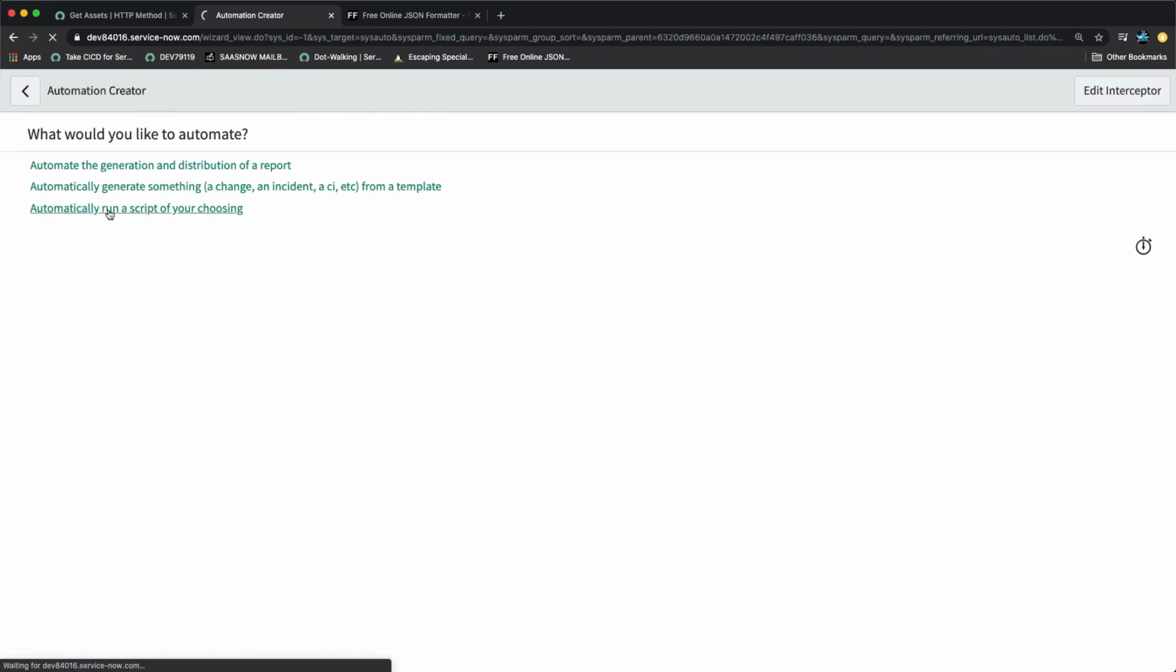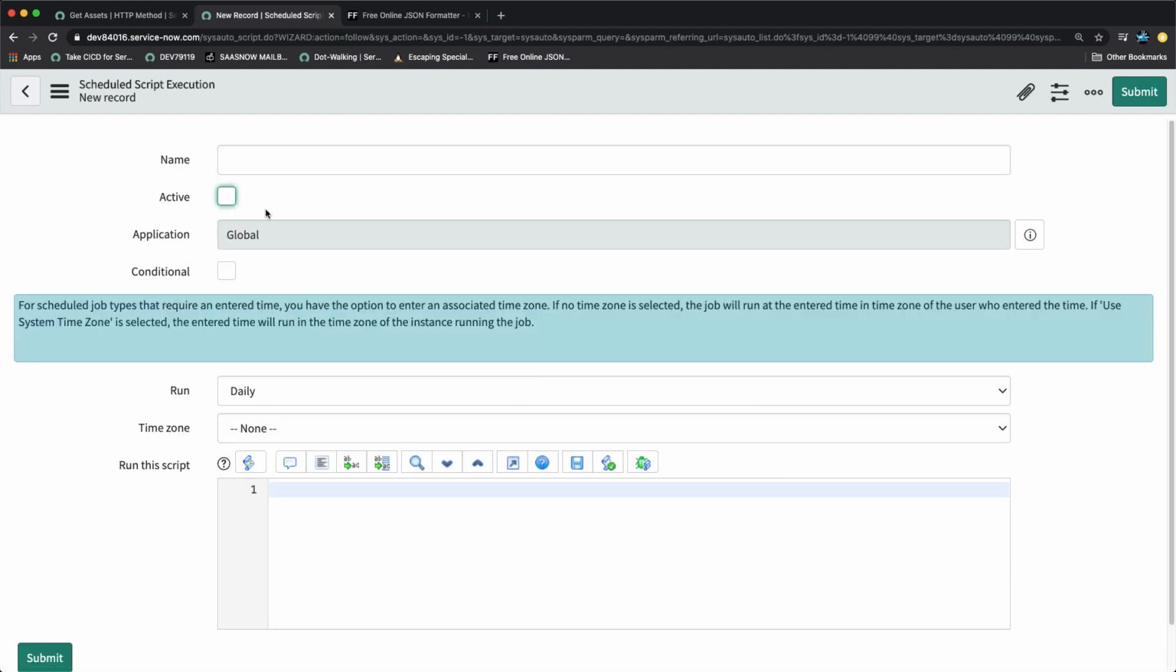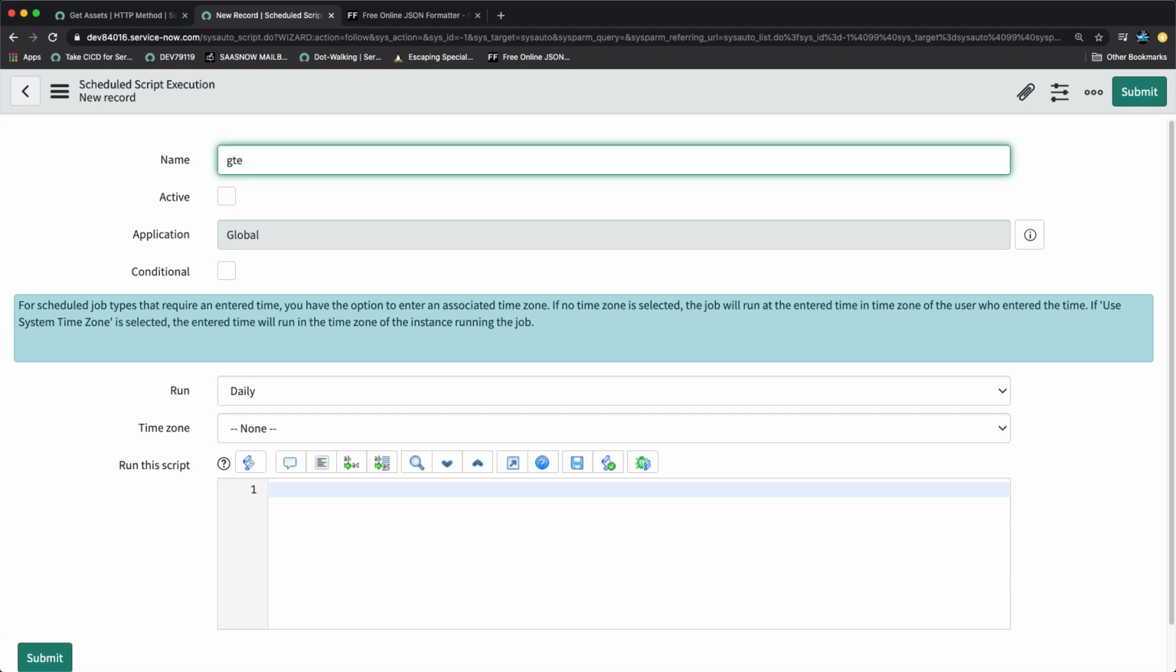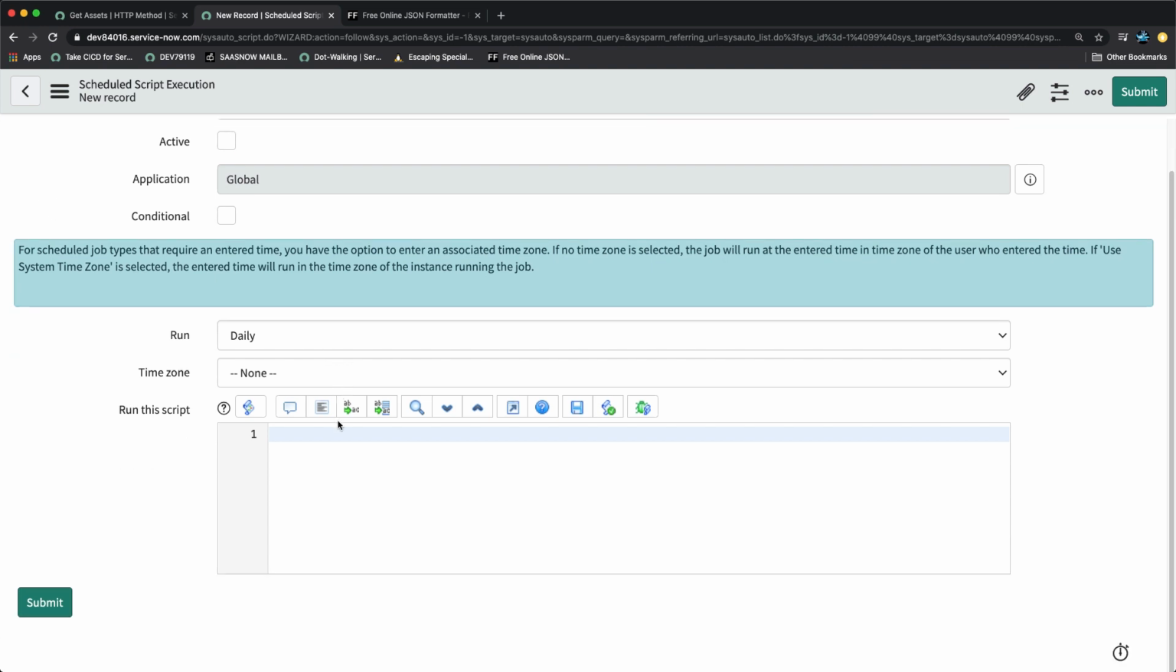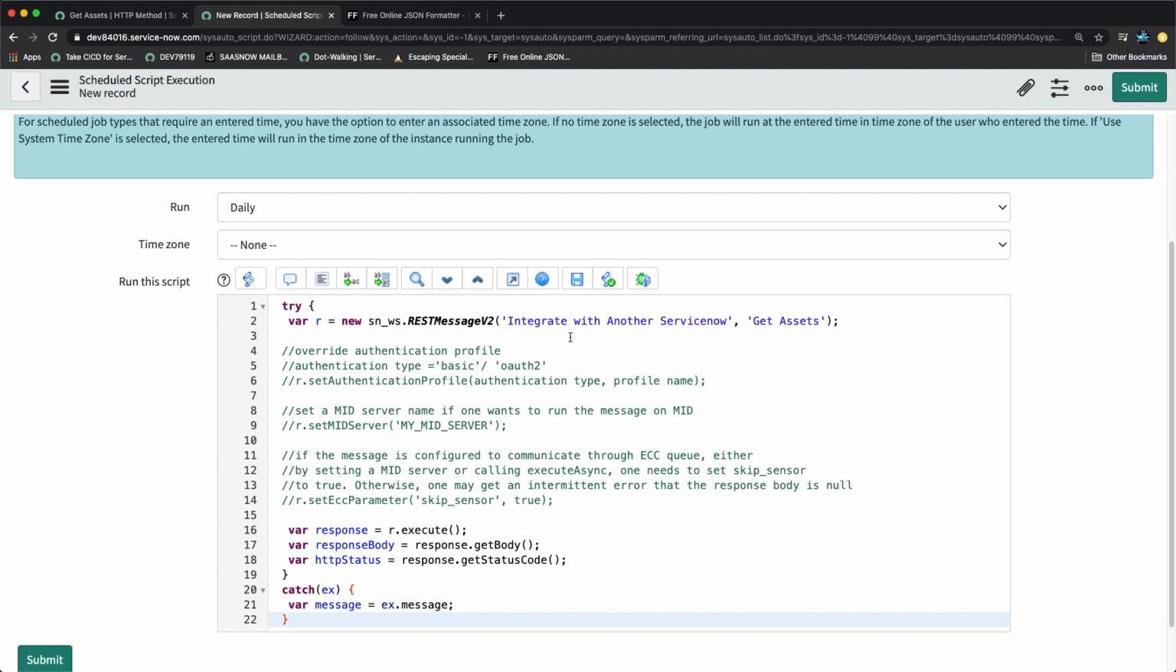I will click on this, because we have to run the script frequently. I will make it inactive, because I don't want to run the script every time, because this is my personal developer instance. But if you get this kind of scenario, then you can make it active as per your use case. So I will just mention over here, get assets from dev 70731, and I can just put the script over here. So it will call the same REST message, integrate with another ServiceNow. It will call this method which we created,